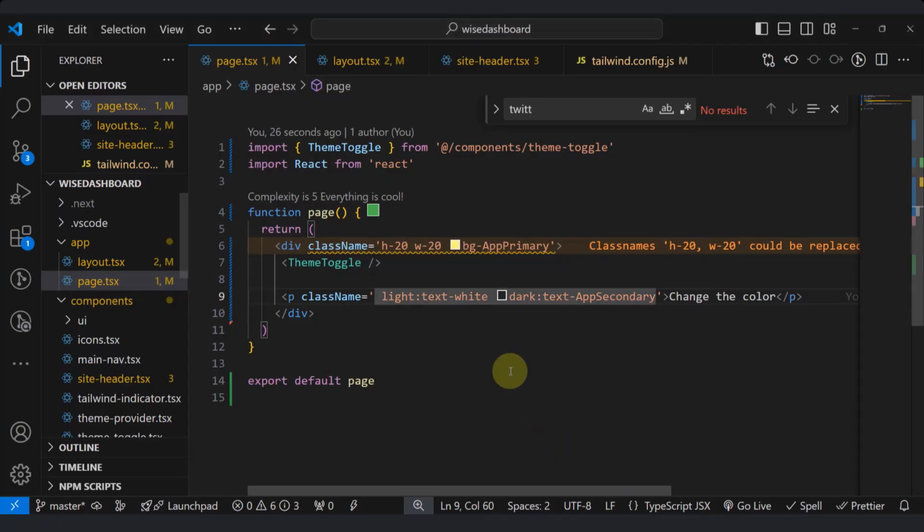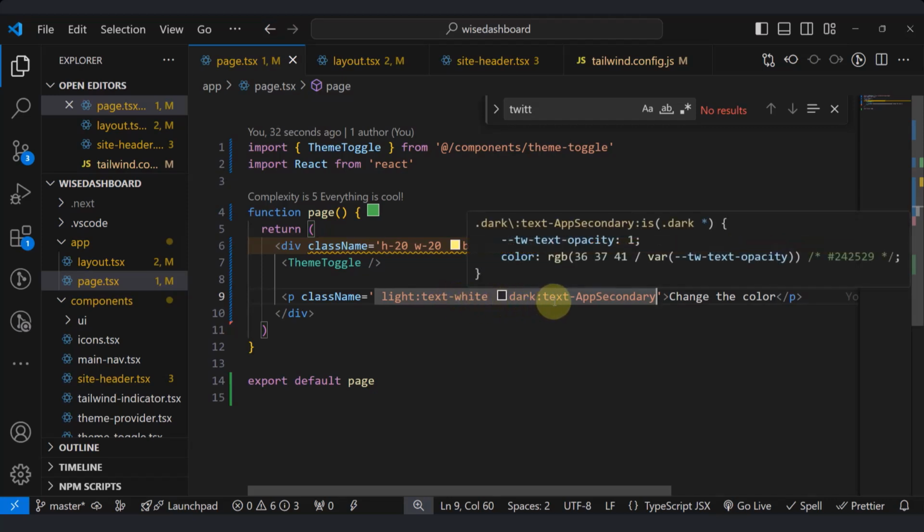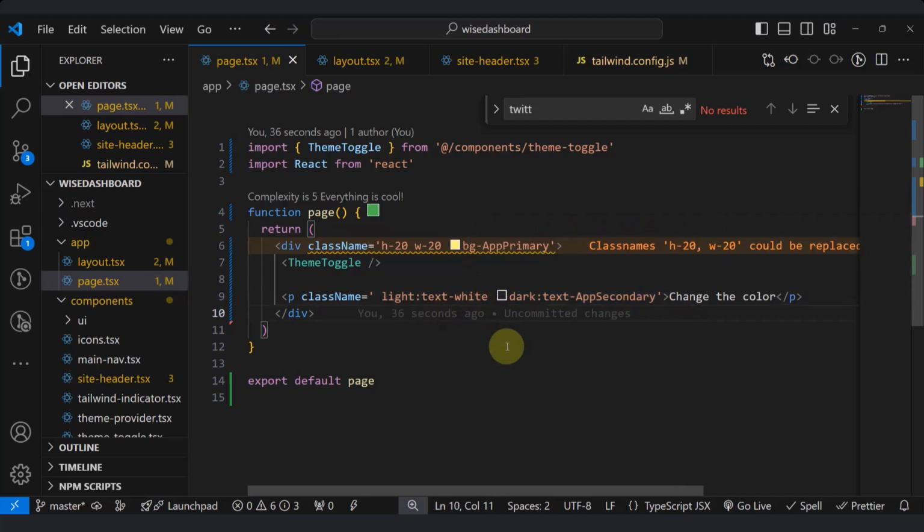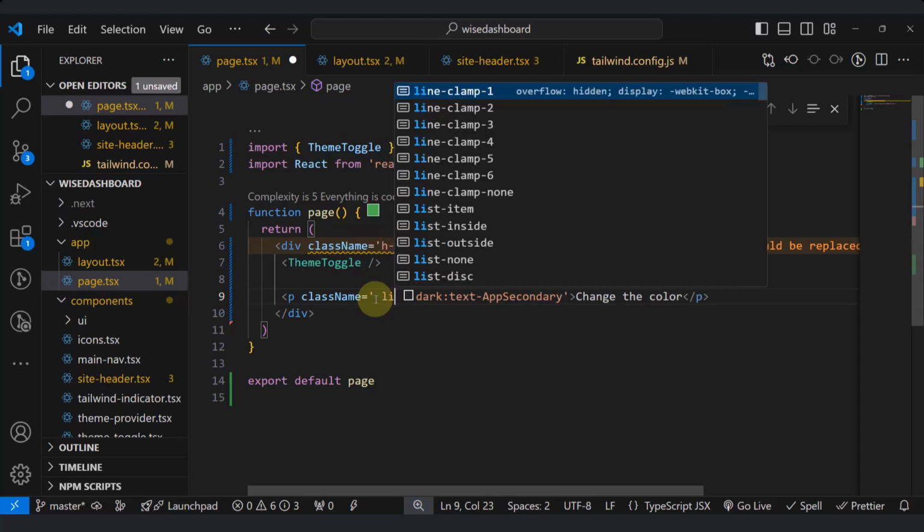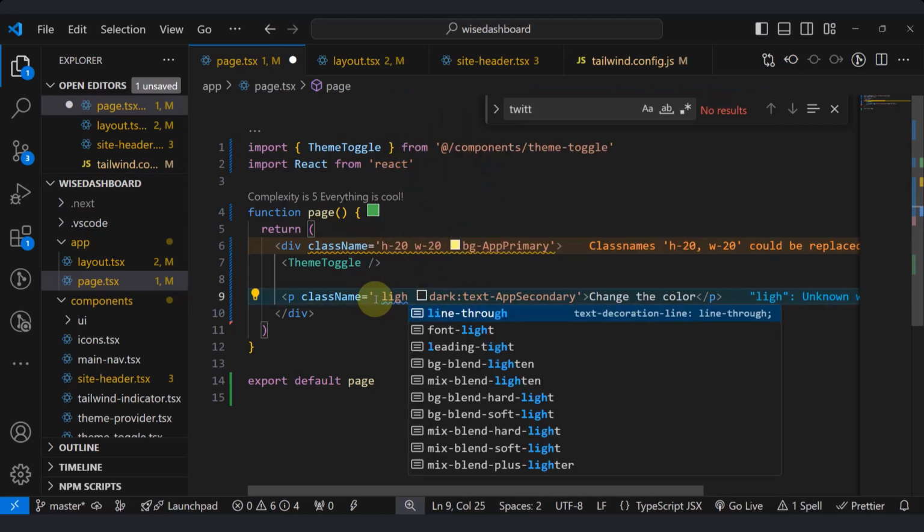As you can see now, on white it's black. Let's see what we have done in the code. It has to change now to white here. Is my light to text white? Maybe what have I done? We've got text, it's going to be secondary. Let me just see, maybe I made some spelling mistakes. Light and dark mode. Okay, dark, and